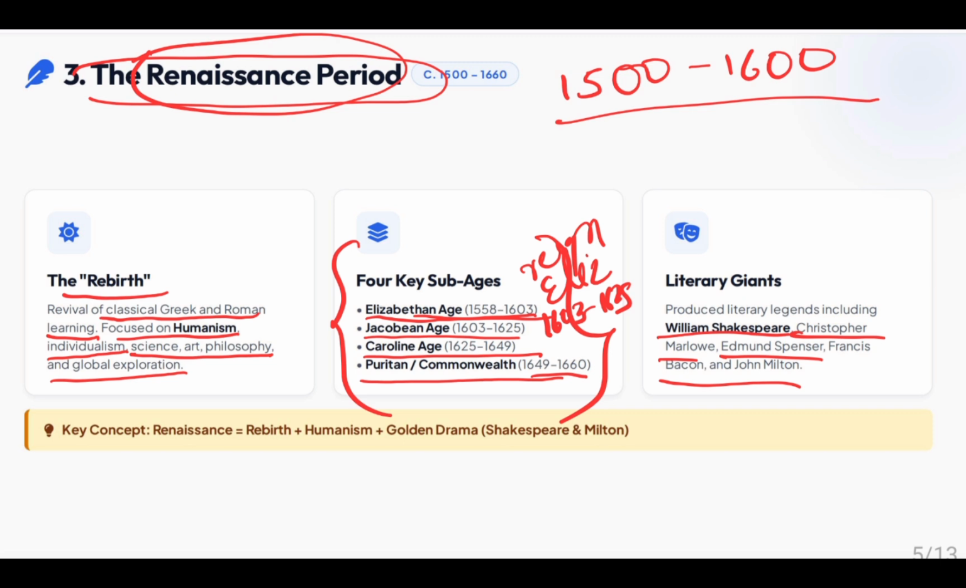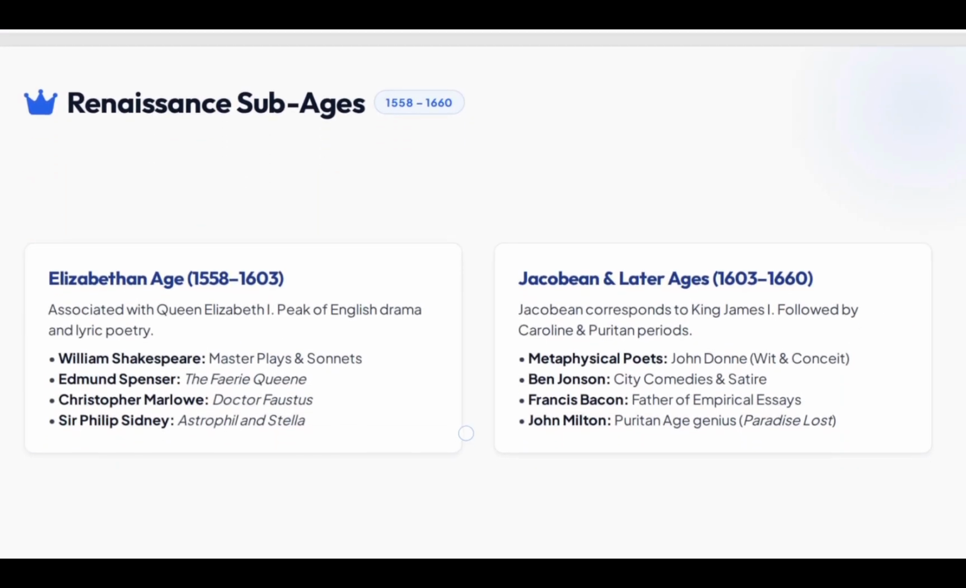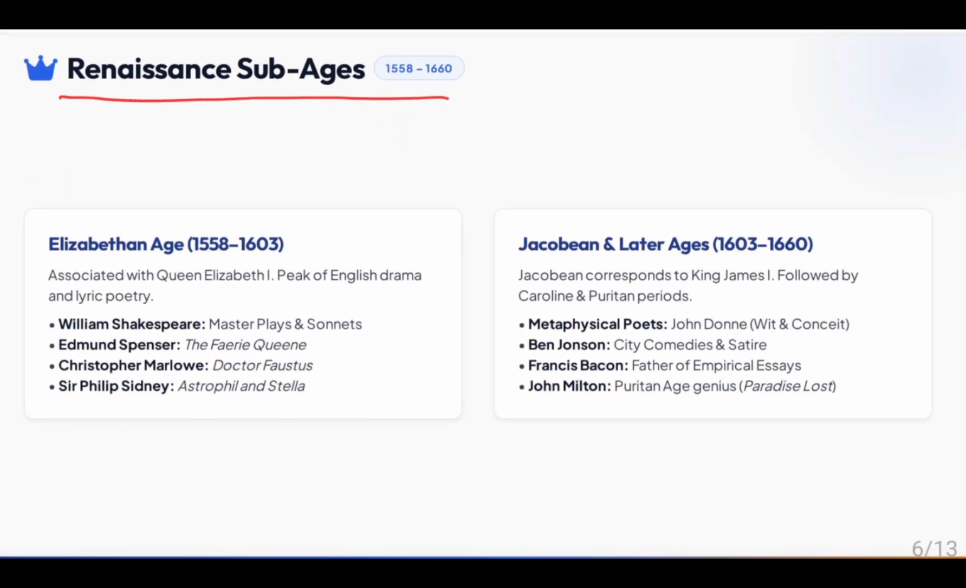So Jacobean age, Elizabethan age because of Queen Elizabeth, Jacobean age, King James I. Then Caroline age, Charles, his son, and then comes the Puritan age. The metaphysical poets, particularly John Donne, become very important in this period, that is the Jacobean period. So after the Commonwealth or Puritan age, then come these Renaissance series, that is associated with Queen Elizabeth I, peak